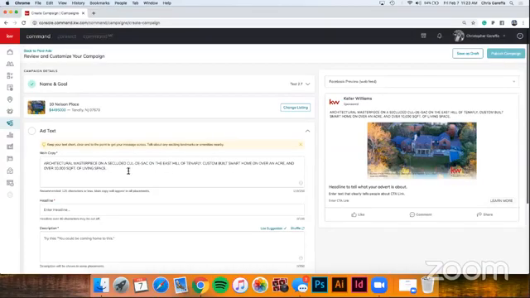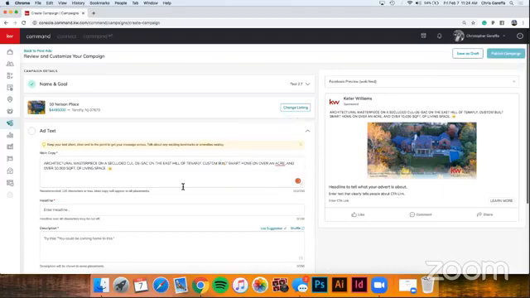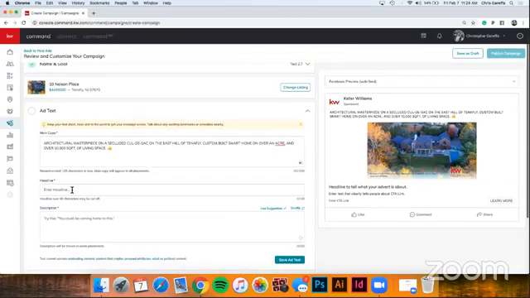So it already auto-populated the main copy here. You can see here, it puts some of the MLS description in there, which I can customize if I want. I'm just going to leave it the way it is for now. I think that's fine, but I'll probably add a couple emojis in there. Let's see, we'll just pop in a couple in there. All good. Headline text. So this is something that's just going to catch the eye, and I can put something like,